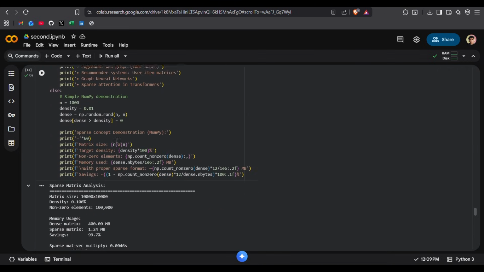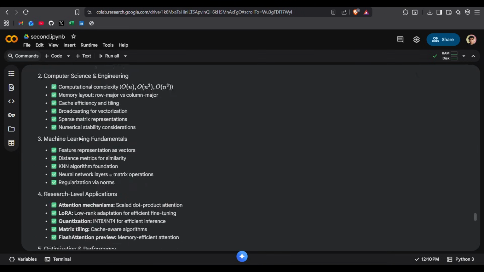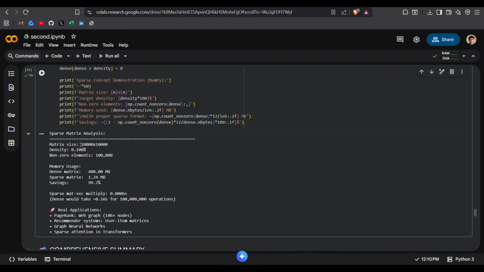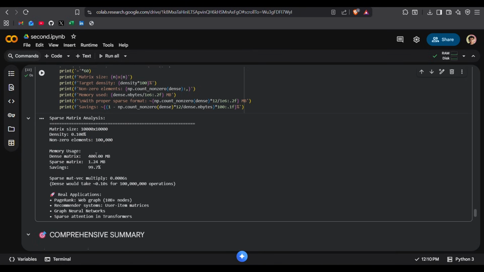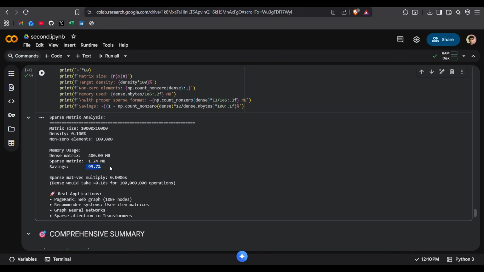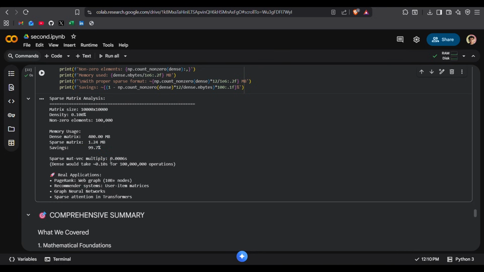So for sparse, this is just the demonstration of the efficiency that we have. And yeah, the non-zero elements were 100,000, so density becomes 0.1%. So the savings, again this is an edge case, but the savings here become 99.7%. And sparse matrix vector multiplication is really small, and dense would take 0.1 second, which is for 100 million operations. So real applications are like a web graph where 10 plus billion nodes are present, PageRank,